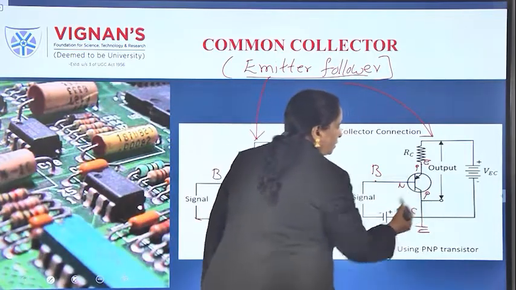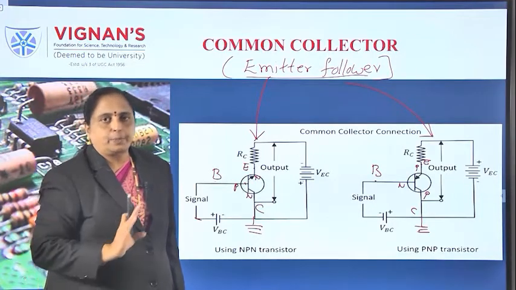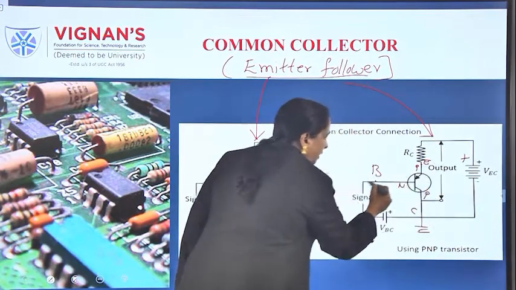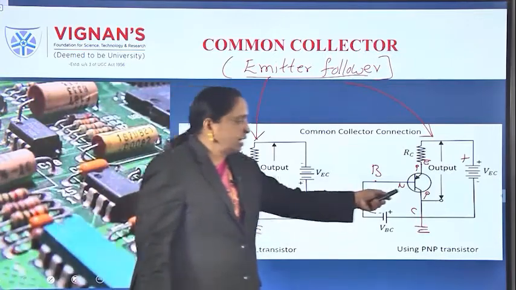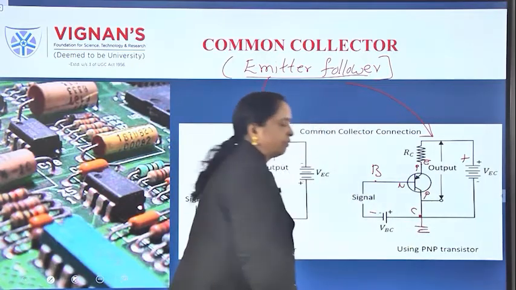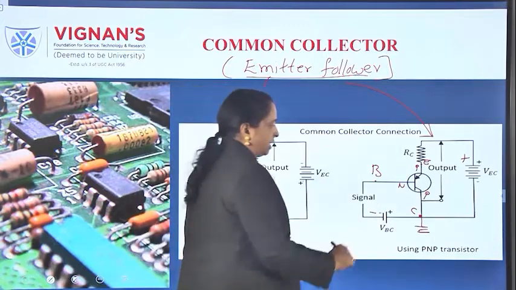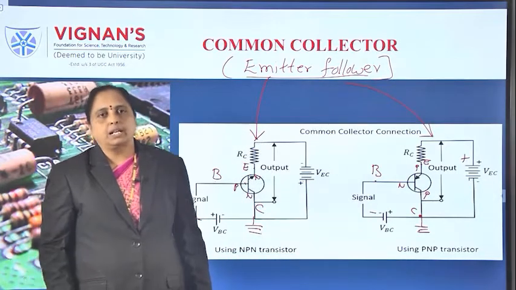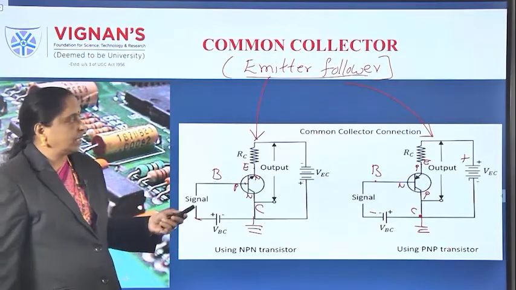Okay, so here this is also under strong forward bias condition. Between emitter and base, you should see that there must be forward bias. See, this is a P material emitter, so P positive, and this is N negative. The perfect active region is maintained here. Collector is anyway reverse biased, because this is already grounded, that's why we need not worry about the collector junction. At least on one side it is maintaining reverse bias. So this is about the connections of the common collector configuration.